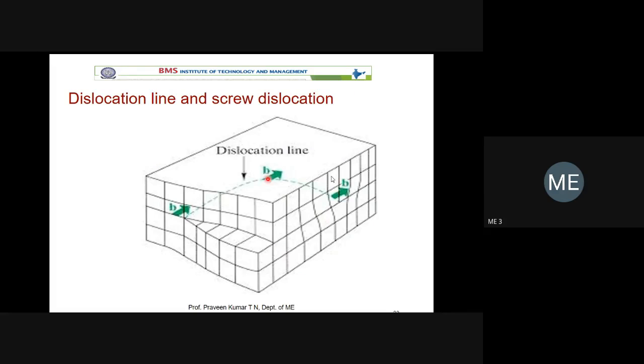So now it is a dislocation line. A similar type of diagram may be available in the book. It is better to write this. In the case of screw dislocation, this is the Burgers vector. The direction shows the direction. The top half of the plane is moving towards the right in an angular manner.